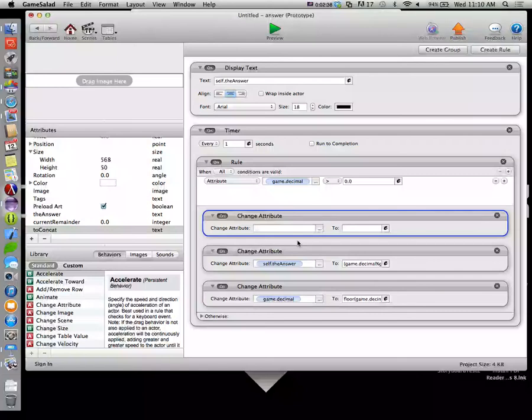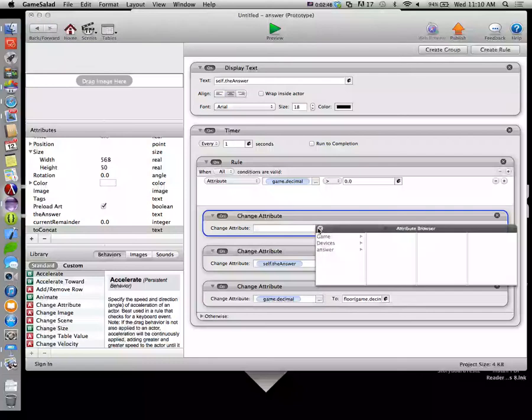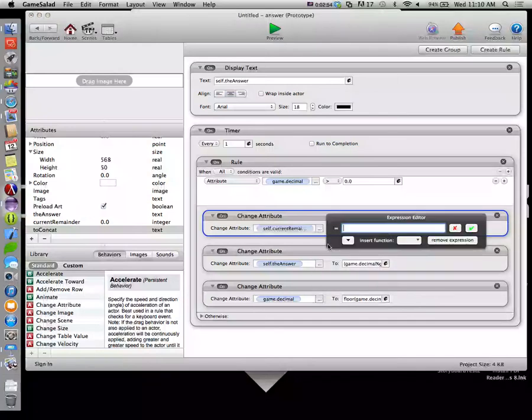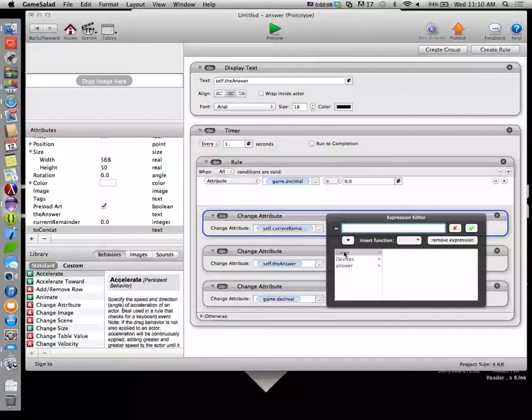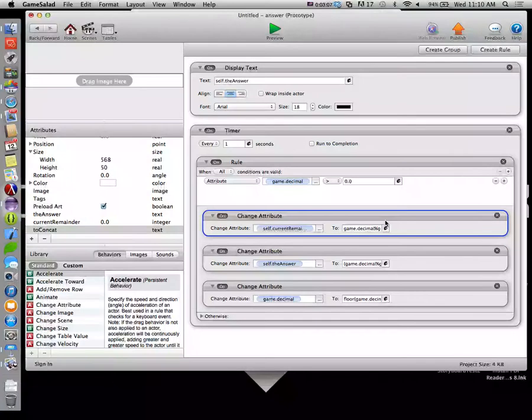So what are we going to do? We're going to take our game's decimal and mod it by game.toBase. So we're going to set our answer's current remainder equal to our game's decimal mod our game's toBase. That should give us the remainder. Okay? But before we add that onto our answer, we need to do the conversion,